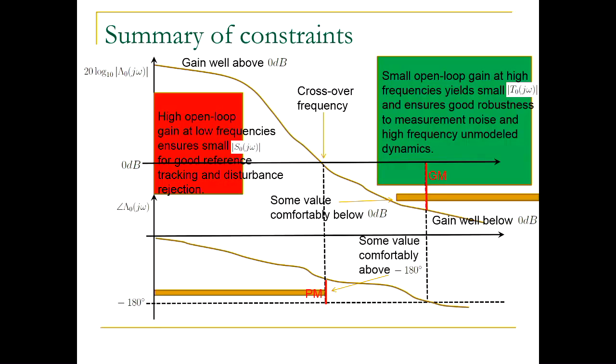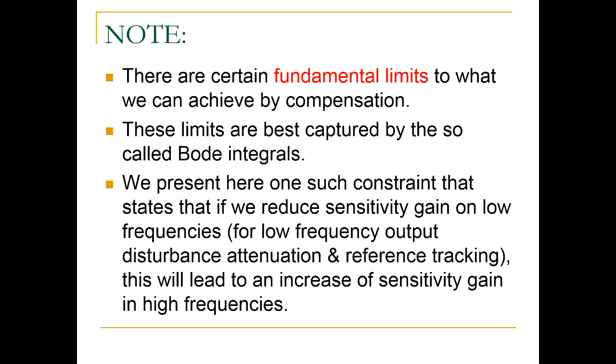So there may be situations where I give you a set of specifications that are unachievable. You cannot achieve it, no matter how you design a controller. And these fundamental limits that we will see next present a little bit of intuition of what's not achievable, or they tell you exactly what's not achievable, right? Okay, so,